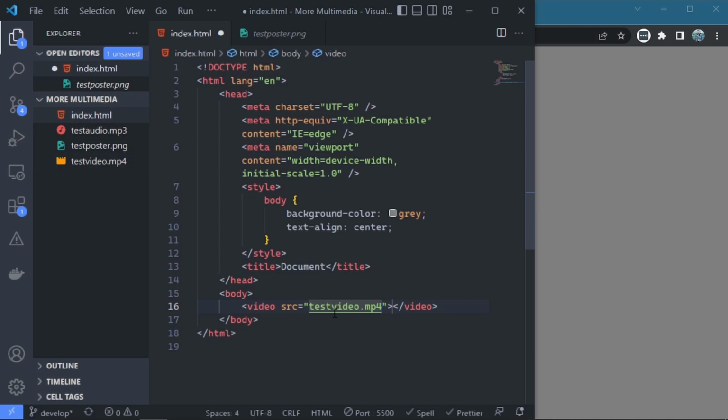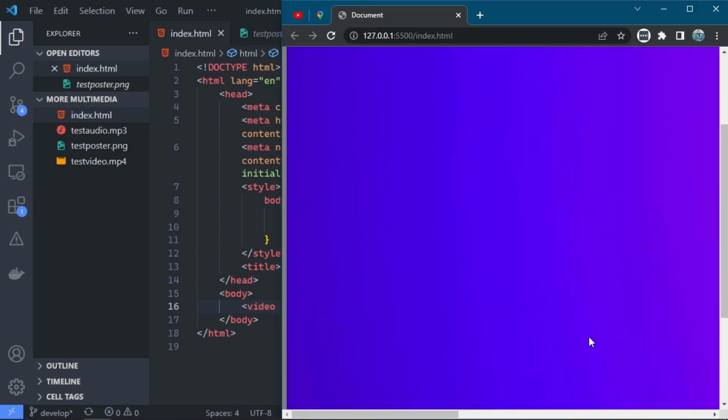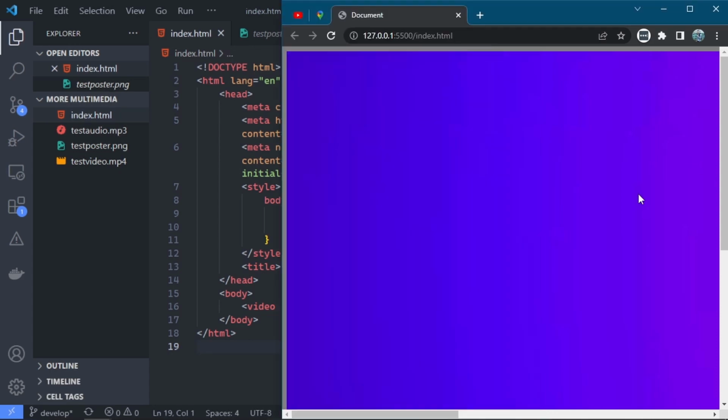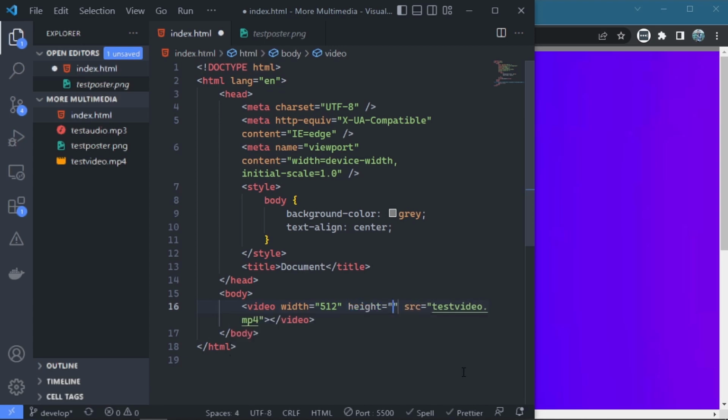We can now see that we get the video, but the video is wide and occupies the whole screen, and we don't want that. We want the video to have dimensions based on the width of our screen. So we can give this video the width and height attributes. We can give it a width of, let's say, 512, because of the dimensions of my screen. You can give the width and height any dimension you want, depending on the size of your screen or the size you want the video to have. If we save now,